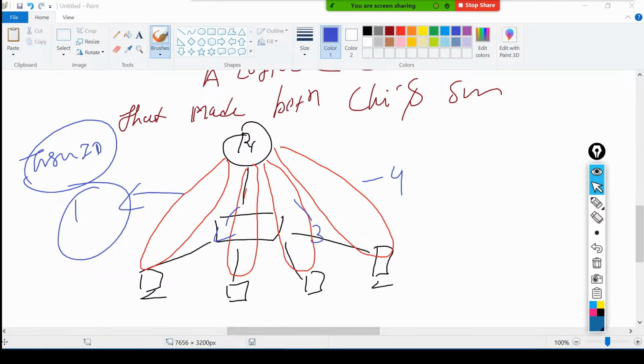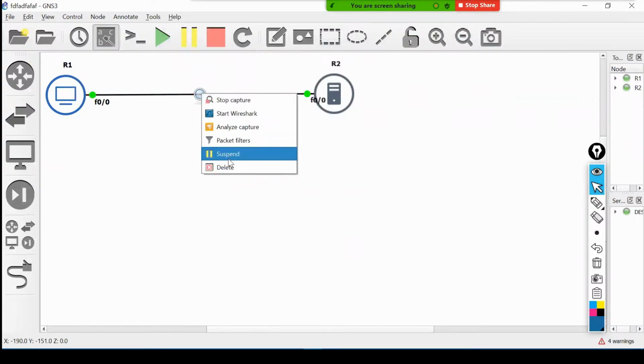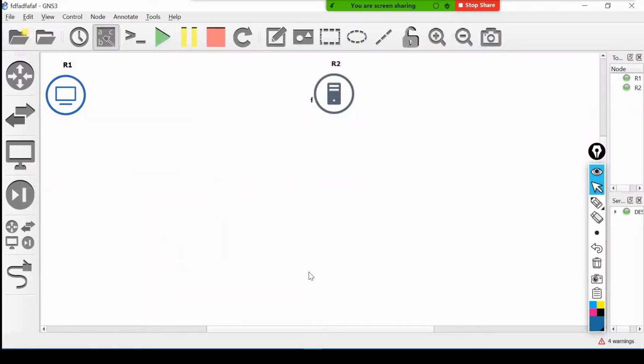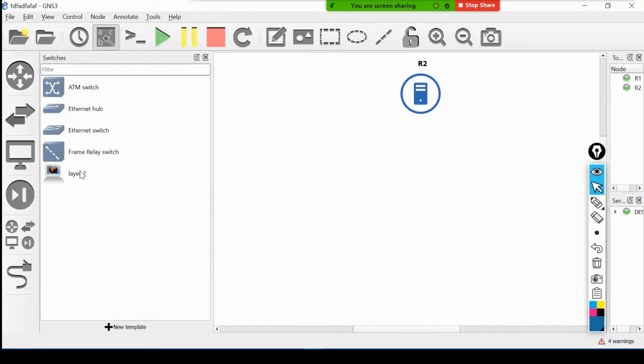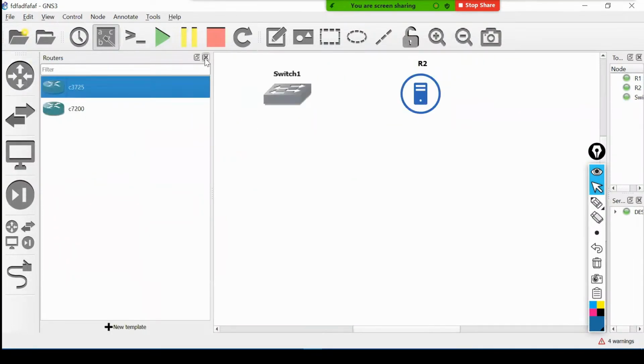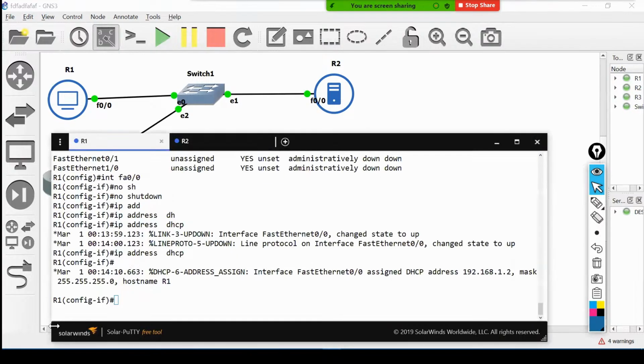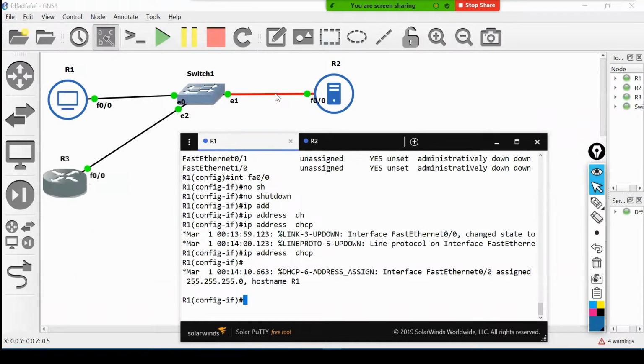If you just have a look right now, what I can do is delete this one and put a switch over there. Take some router, start this and capture this link.